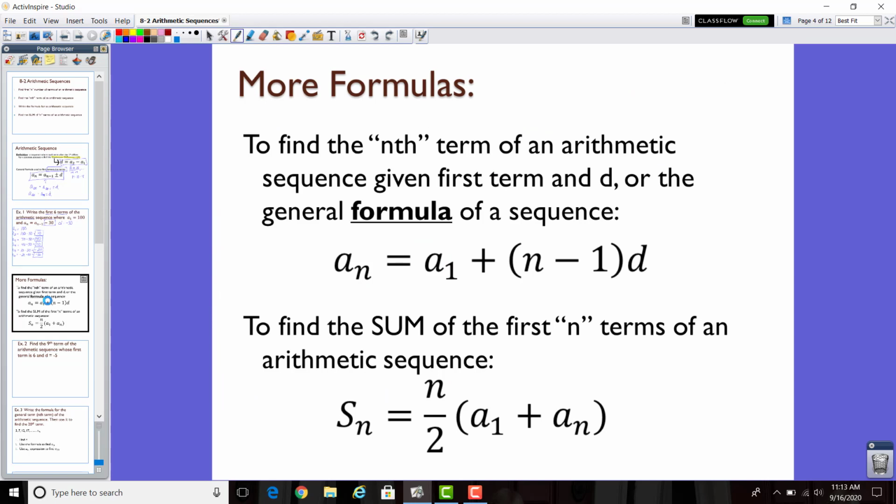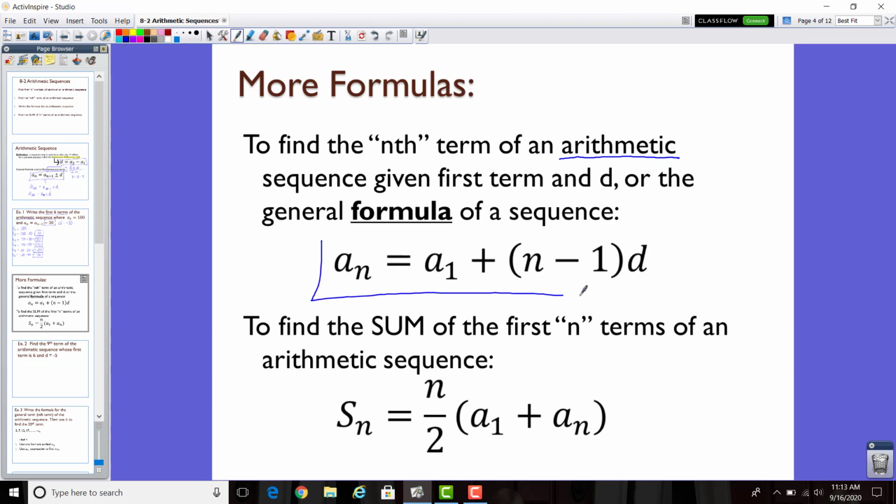In the previous section, when we wanted to find any term in the sequence, we had to have the general term expression, that 2n plus 7 expression that described the sequence. We would plug in that number of term and we would calculate it. They're not going to give us that anymore. When we know a sequence is arithmetic, we can find the general term expression or any term in the sequence